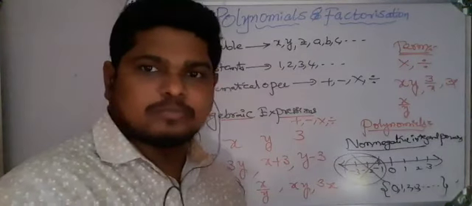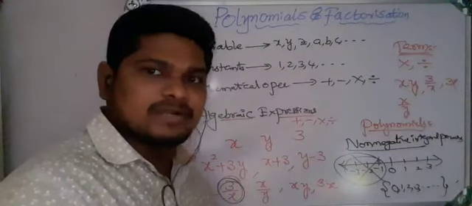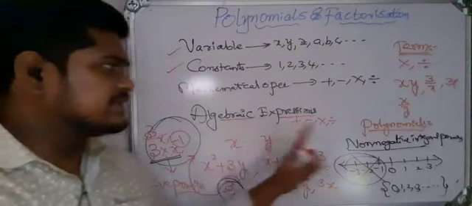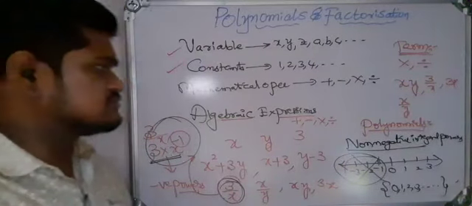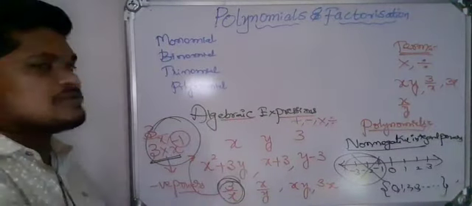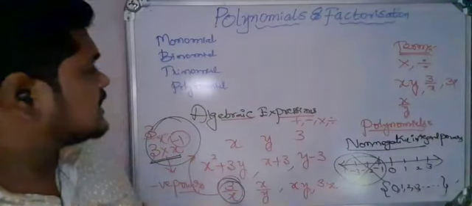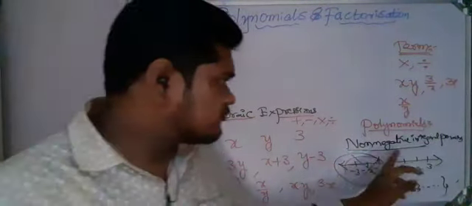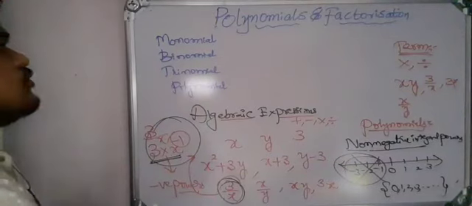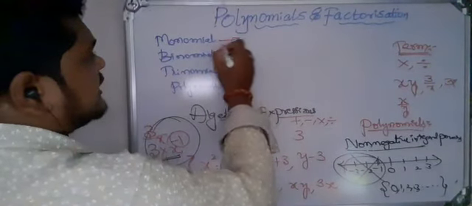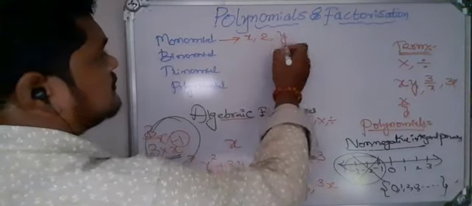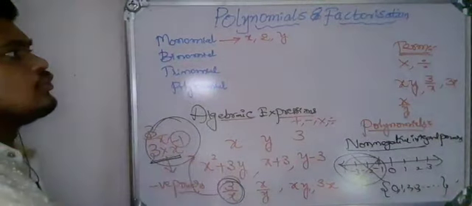We already talked about the types of polynomials, that is monomial, binomial, trinomial. We should now discuss clearly what the relation is between algebraic expressions and polynomials. First I want to see some examples. All of these are types of polynomials, so we take only non-negative integral powers. For a monomial, I will write some examples: a single x, or 2, or some y. These all come under monomials.